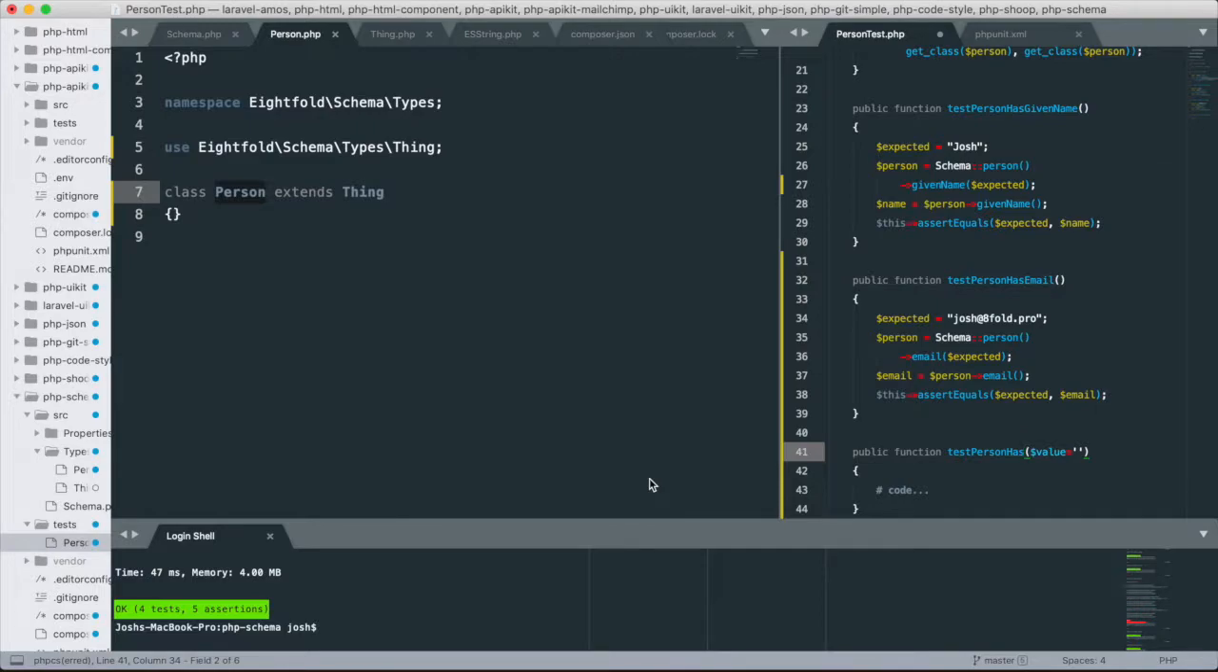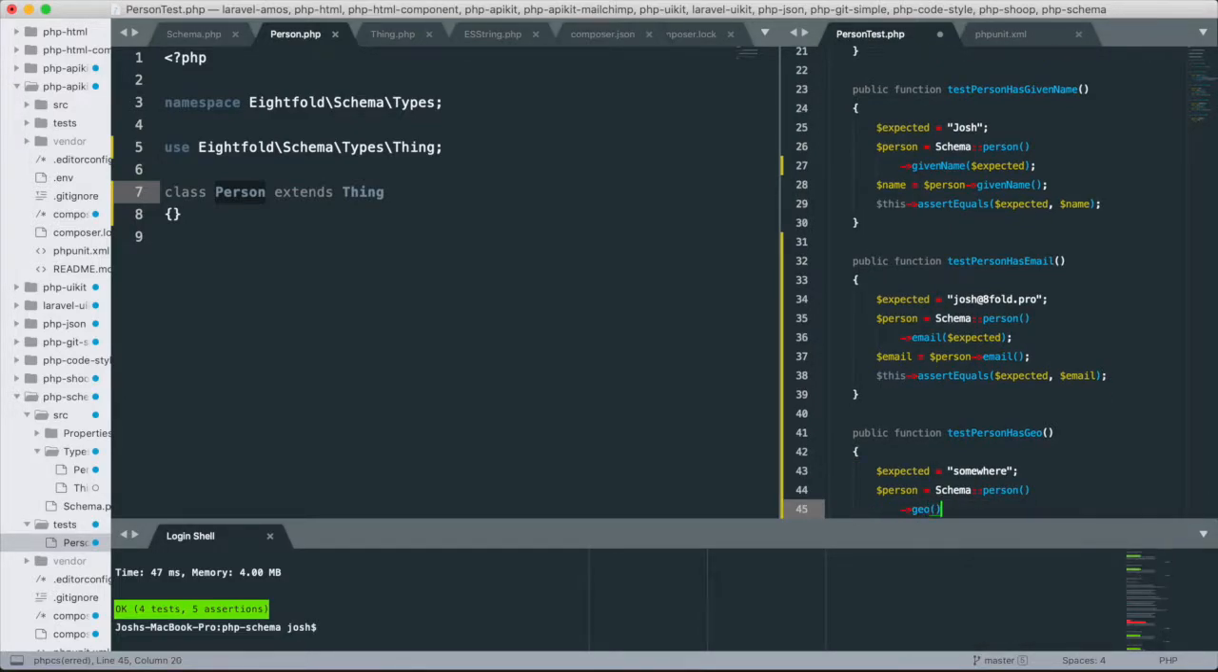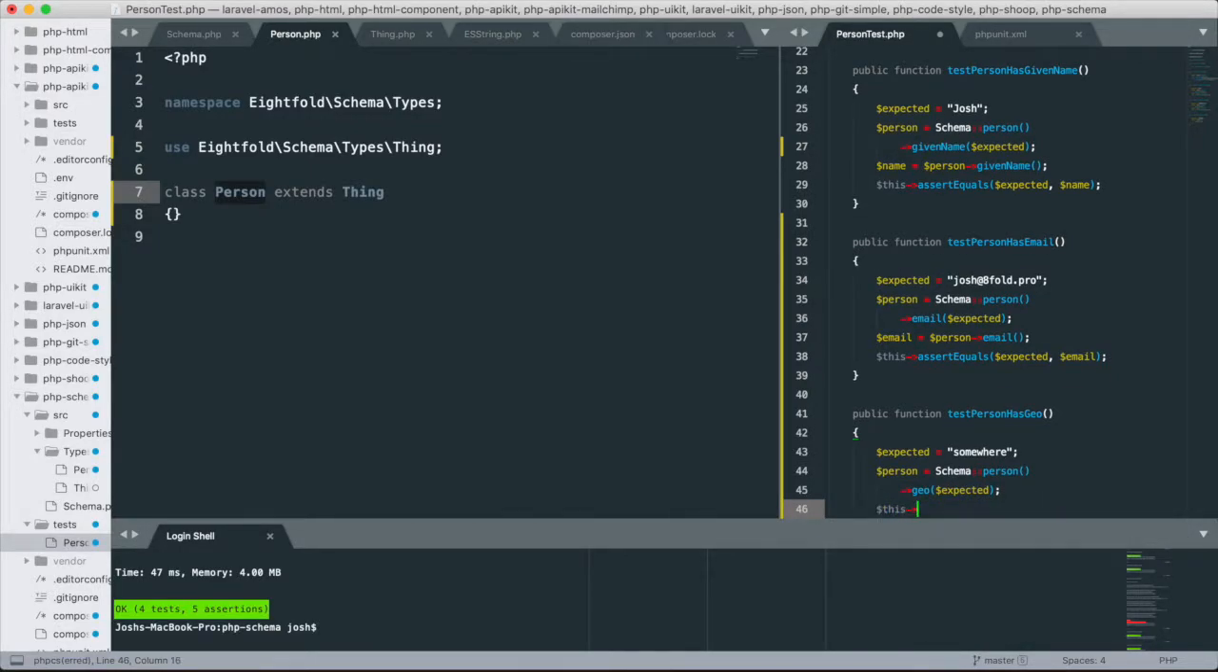Geo, right? So I could basically say expected geo or somewhere person equals schema person, geo, expected, this assert equals, expected, person, geo,